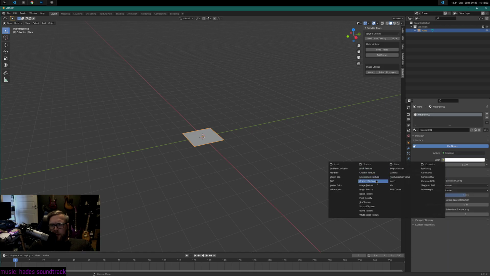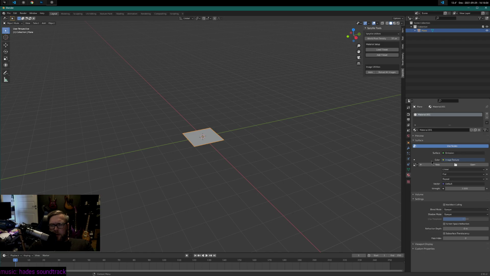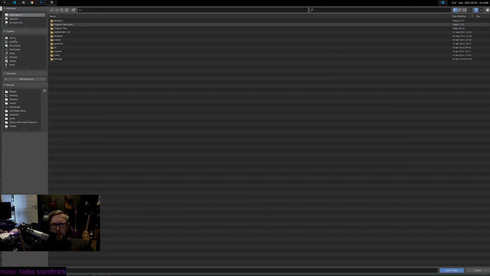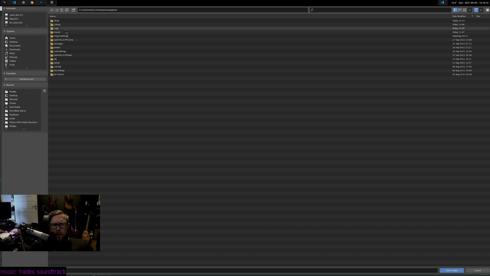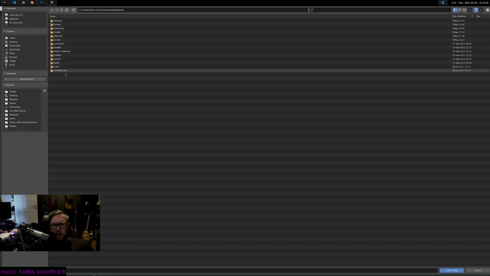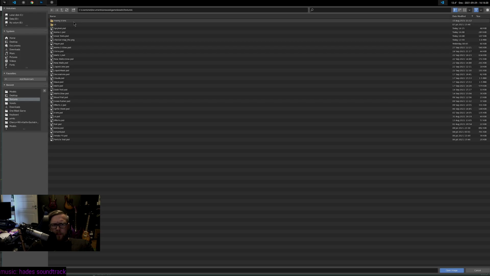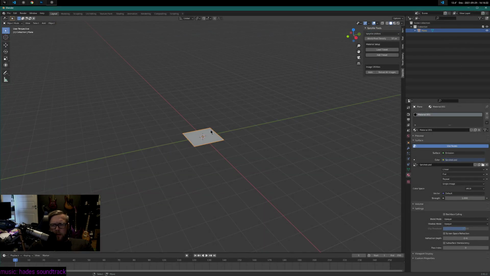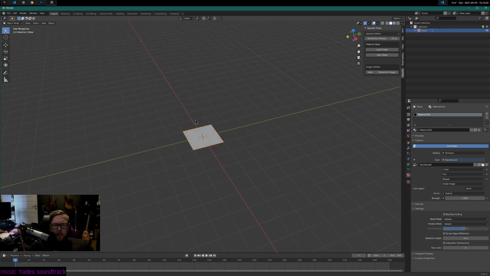Color is gonna come from an image texture. I'm gonna open it from, that was actually correct. Assets, textures, sprite test, and then